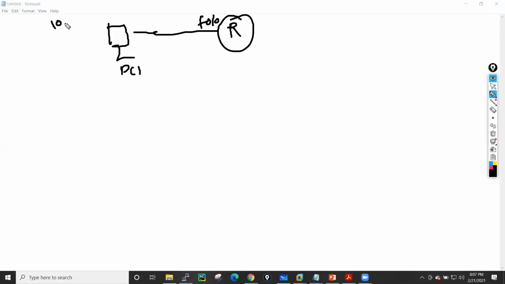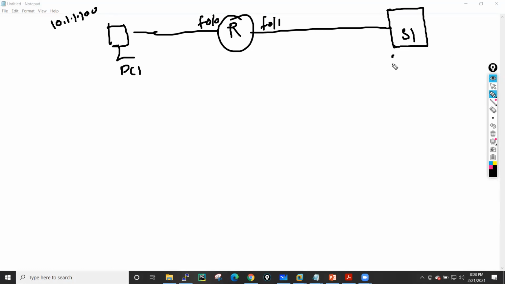That PC has IP address 10.1.1.100. We have another interface on this router, let's suppose interface 0/1, and behind this interface we have one server, and that server may have IP address 20.1.1.108. This interface of the router has IP address 20.1.1.1, and this interface of the router has IP address 10.1.1.1.